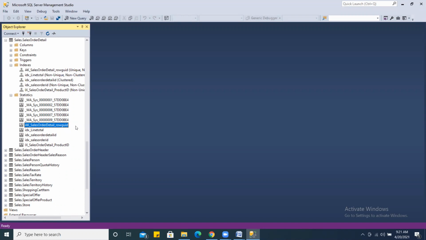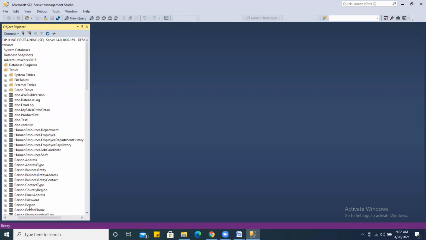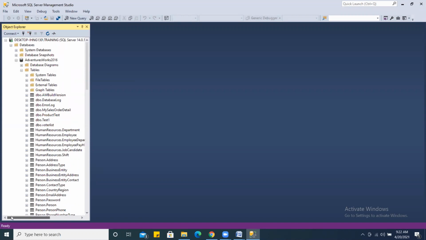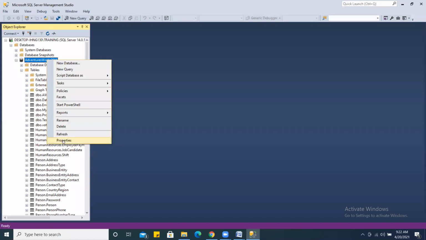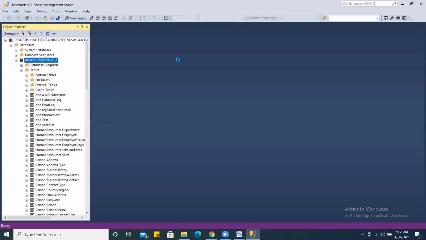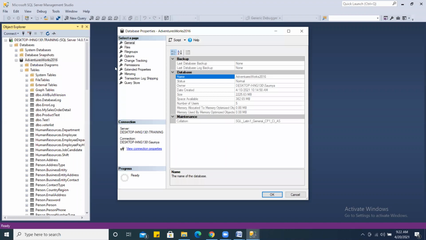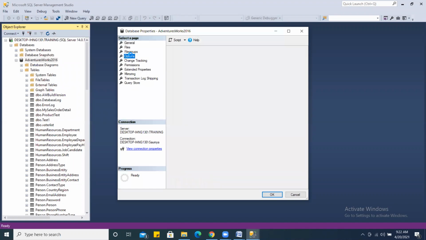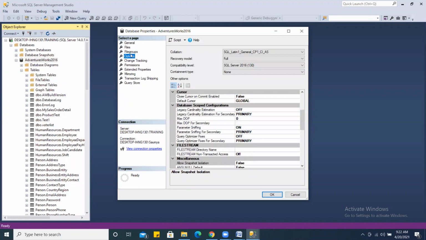This is because the setting on the database level, auto create statistics, is set to true, and we recommend that it must be set to true. So if I go to the properties of the database, and on the database properties, if I go to the options page, so what I see here is